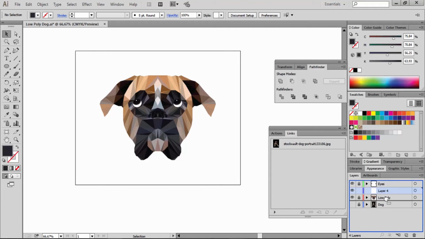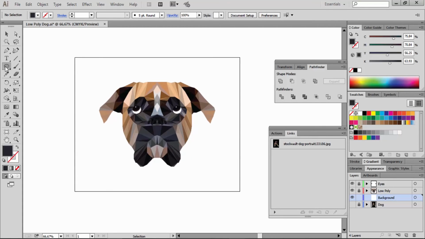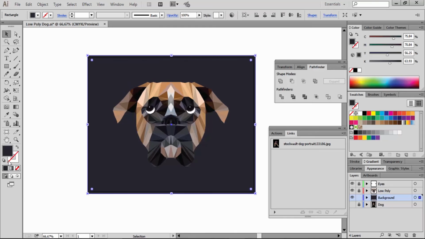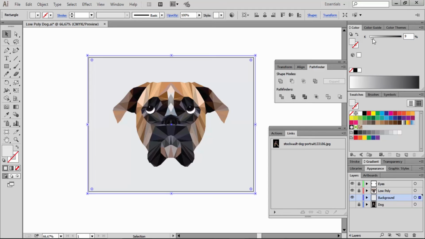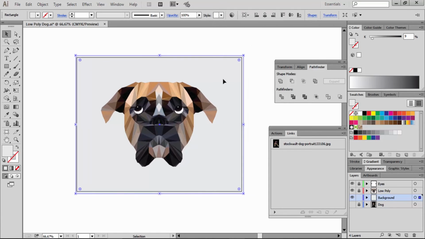Let's go for a new layer and let's call it background, and let's make it, I don't know, light gray, maybe. Could be something like this. I think this is nice.